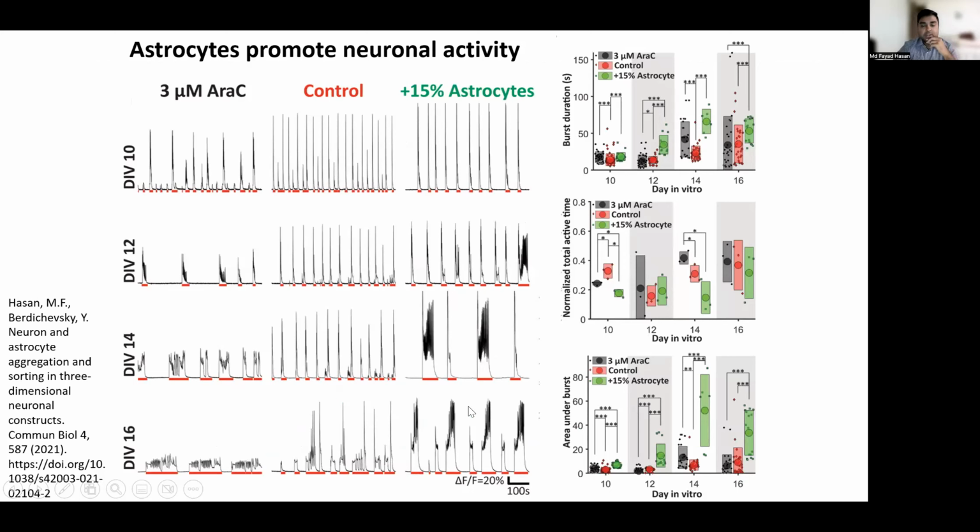As I was saying, astrocytes and microglia are two other important cell types, and we saw that astrocytes increase these cultures' activities. Why we did that is that we wanted to play with it, and our main goal was to mimic the brain on a dish. We want to play with all the aspects which can change this neuronal interconnection, so that we can fine-tune and make a culture that behaves just the way we want it to.